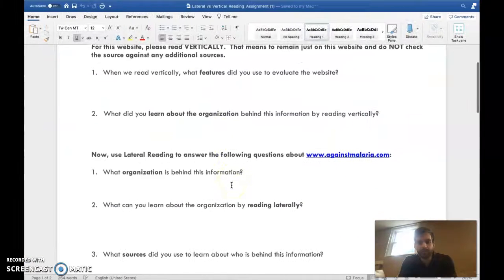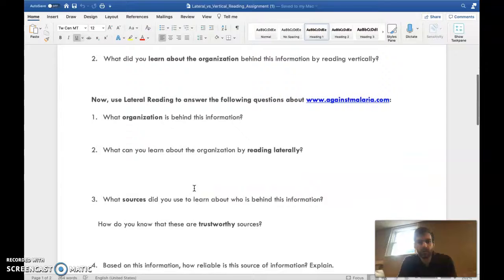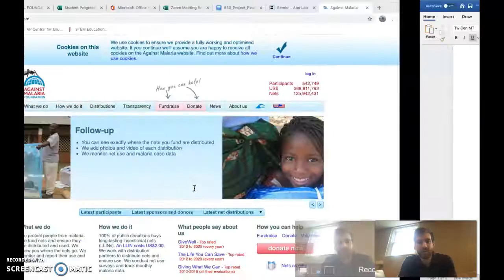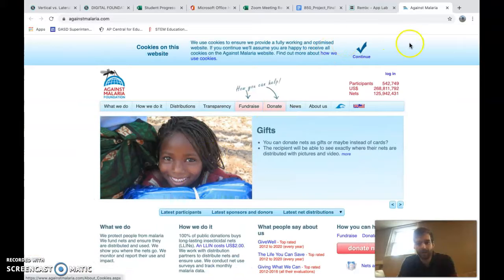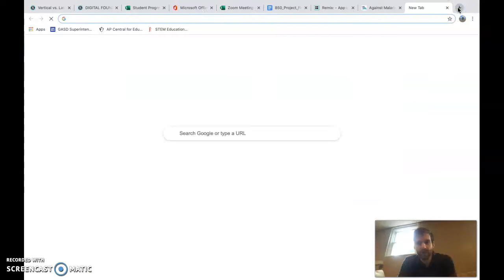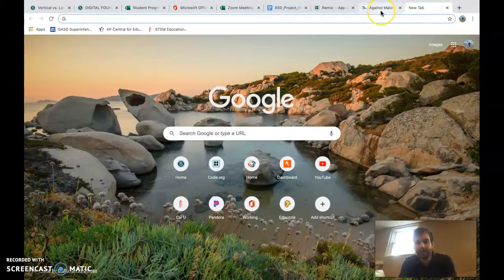The next step would be to read laterally. So it says now use lateral reading, answer the following questions. What organization is behind this information, and what can you learn about the organization by reading laterally, and what sources did you use to learn about who's behind this information? So what we would want to do to read laterally is to open up additional tabs. Instead of just reading up and down, we're going to go left and right by opening up new